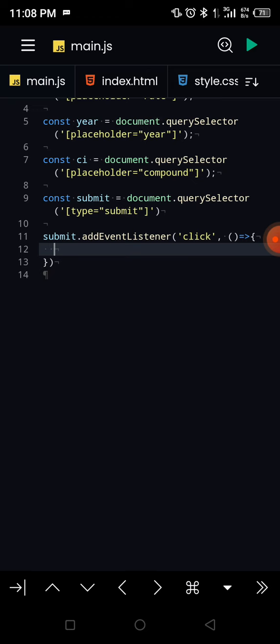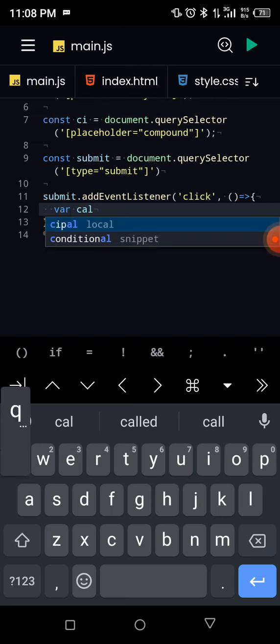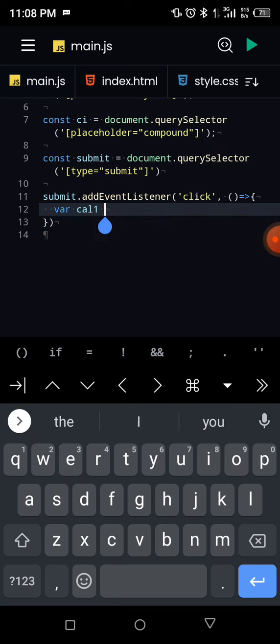So I'm going to create a variable and call it cal1. So calling it cal1, put equals to,